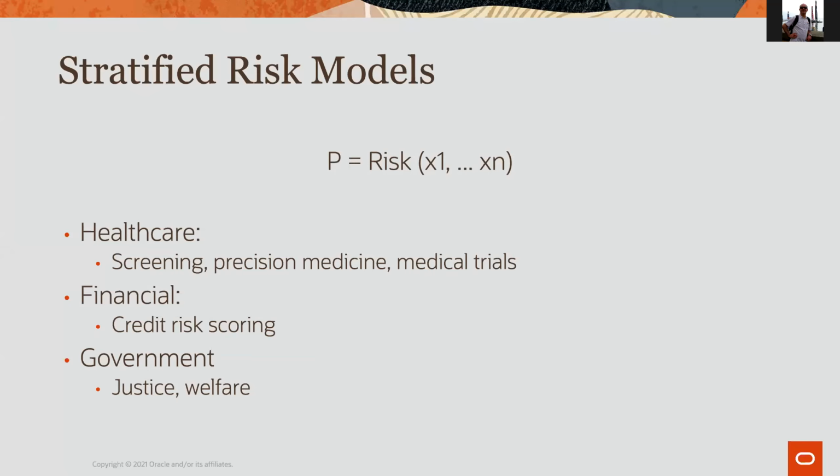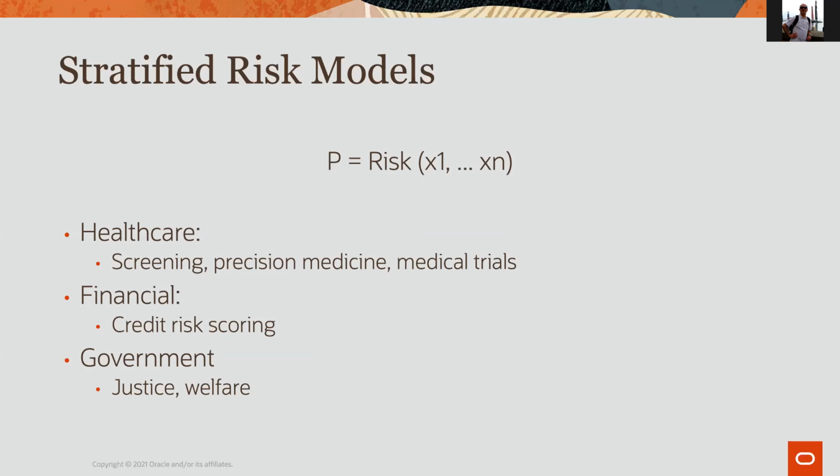The model we were talking about earlier, remember, the prediction of an acute event, is essentially what is called a stratified risk model. A model that wants to predict the probability of an adverse event, dividing the population into many subsets containing individuals with homogeneous characteristics. A model that expresses the probability of such an event as a function of a certain number of, as much as possible, independent variables. You can find examples of this kind of model in healthcare, as I said, for screening,